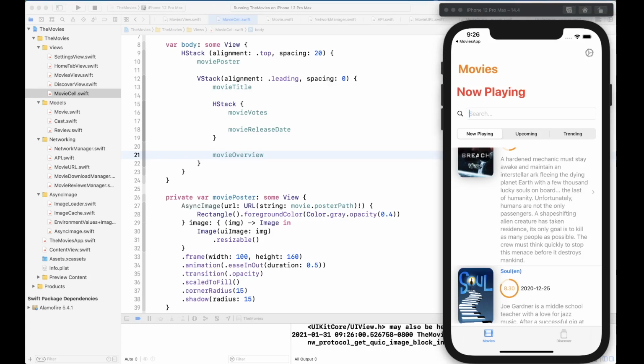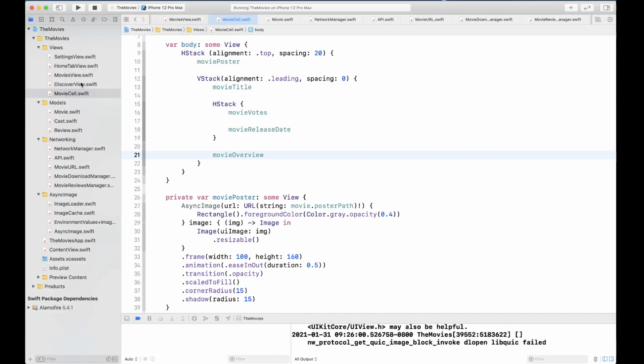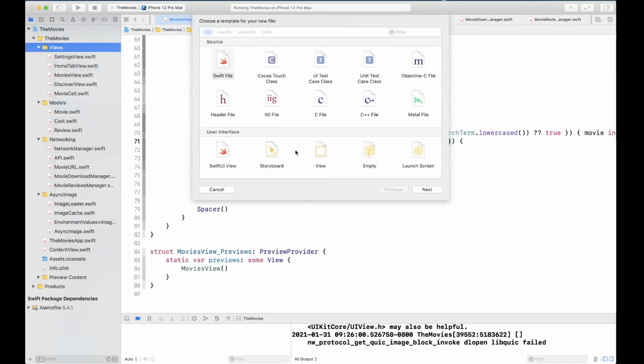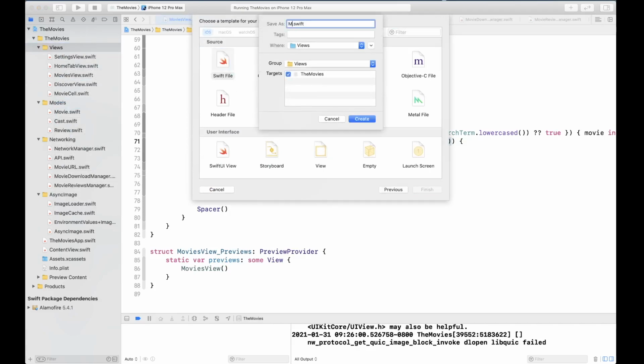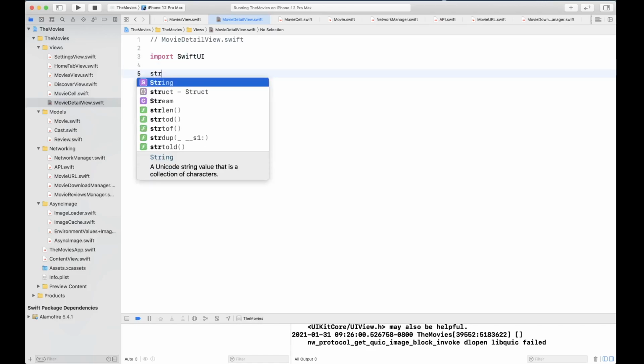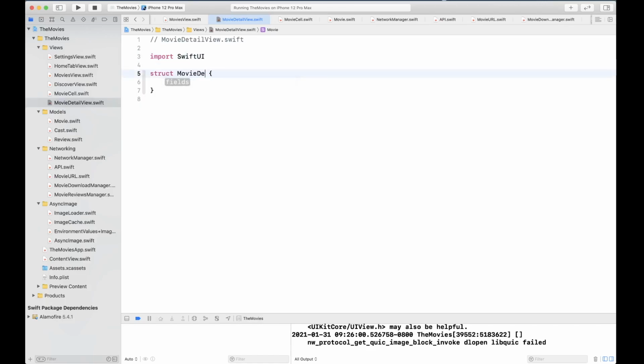Okay, so let's go ahead and get our movie detail populated, so our movie detail view created, so we can replace this destination with our movie detail view. Okay. All right, so let's go ahead and create our movie detail view. So I'm gonna create a new view here, and we're gonna call this one movie detail view. Once again, it's gonna be importing from SwiftUI. Let's go ahead and build it. Okay. Let's create a struct movie detail view